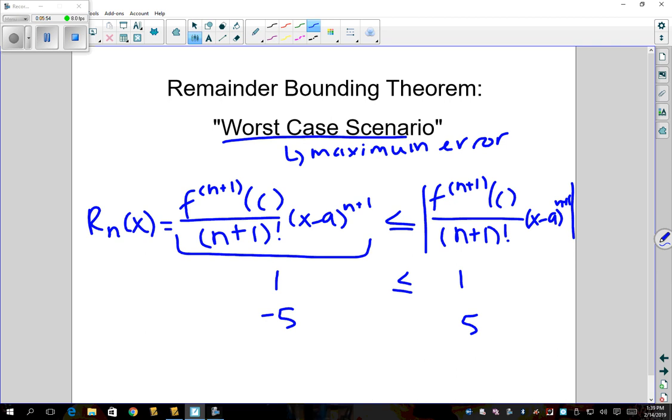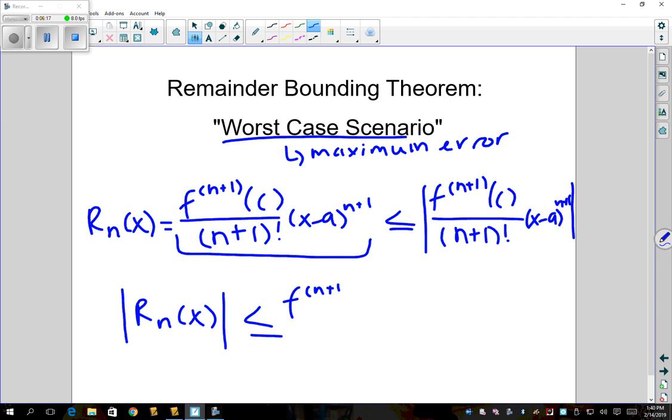And so that's kind of the maximum error that I want to look at. Because again, this is the worst case scenario. So I want to look at what's the maximum possible error I can find. And so we rewrite this as Rn of x. And we say that the absolute value of this has to be less than